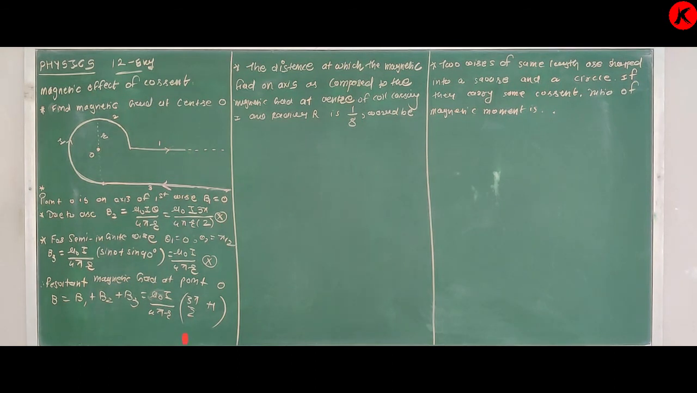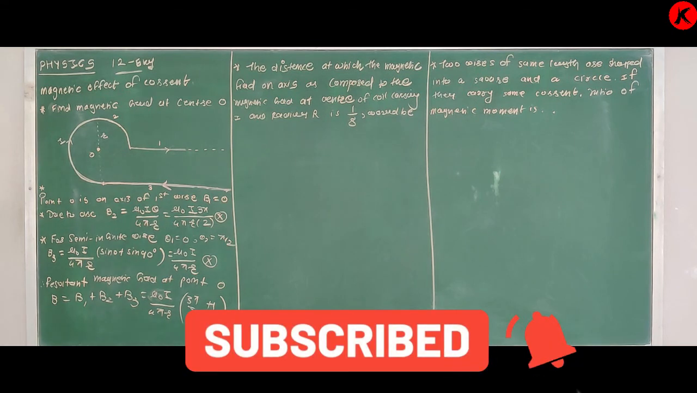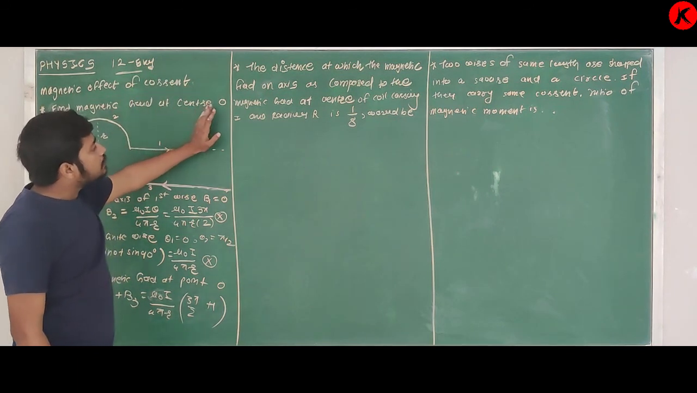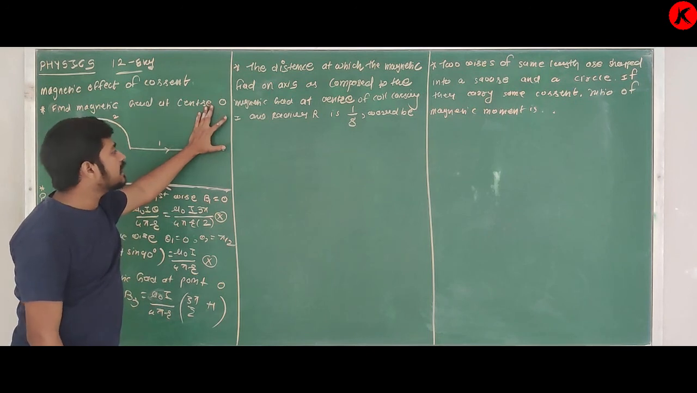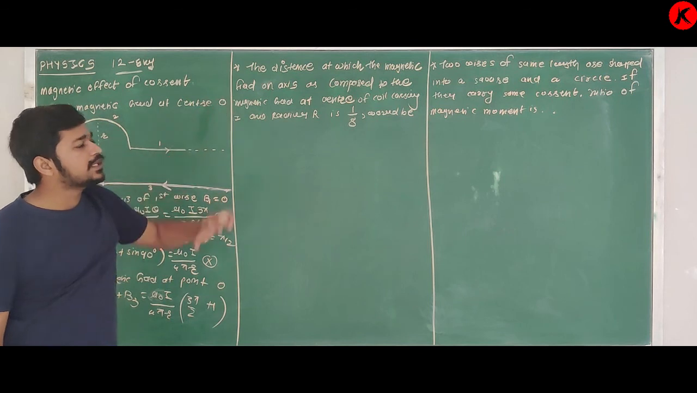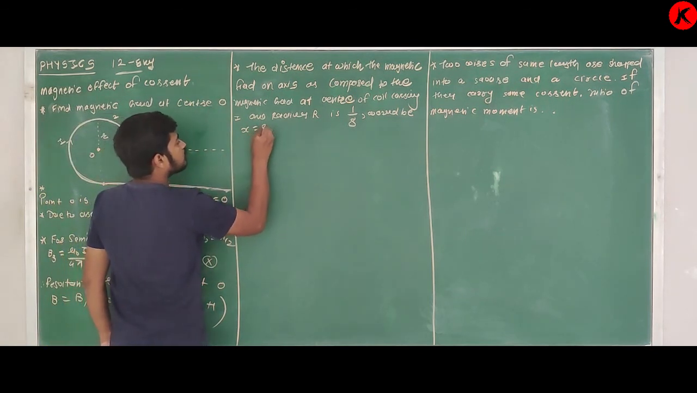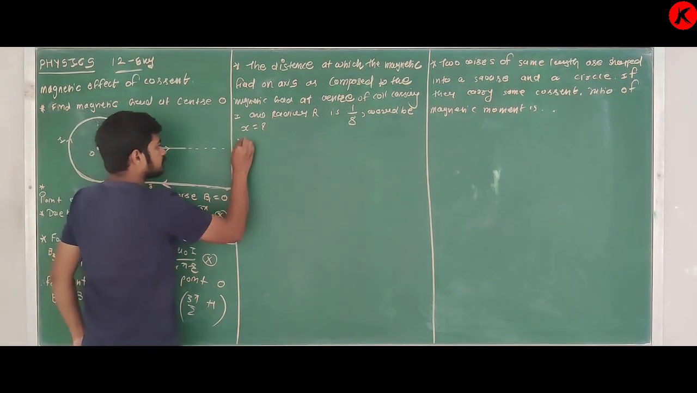Okay. Next question. The distance at which the magnetic field on axis, as compared to the magnetic field at the center of a coil carrying current I and radius r, is 1 by 8 would be. You have to find the distance, that is x equal to question mark, where the magnetic field on axis